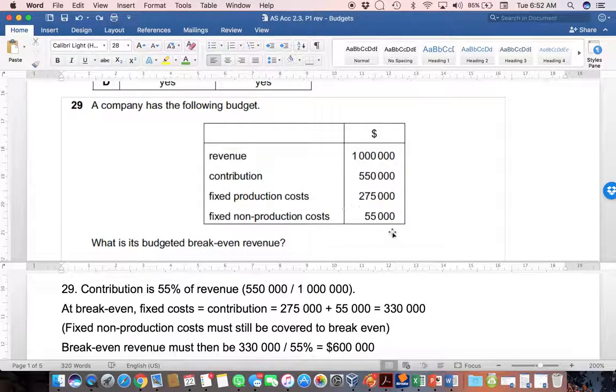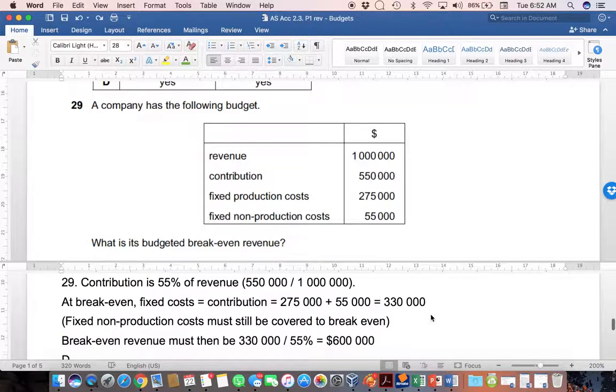And so we're going to take both of our fixed costs. Now, I know that this 55,000 is for non-production costs. However, if you don't factor that in, it means that you will actually still be running at a loss. So we do need to factor them in, even though they are not particularly production costs. So we'll use all our fixed costs in this calculation, and we'll realize that our total fixed costs are 330,000. So we need to have a contribution margin of